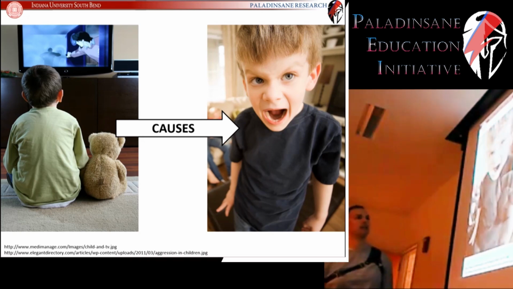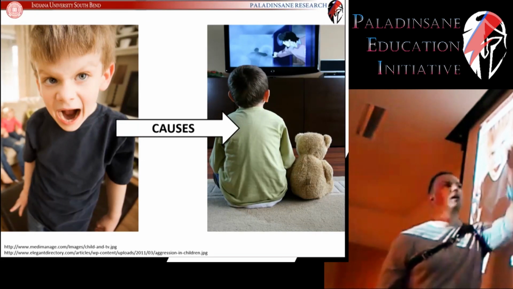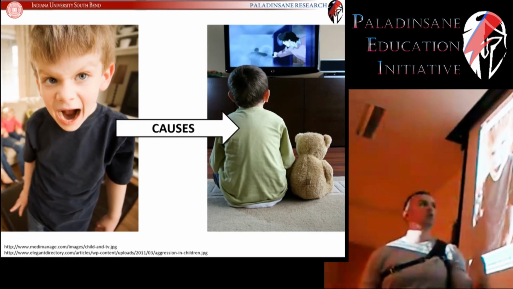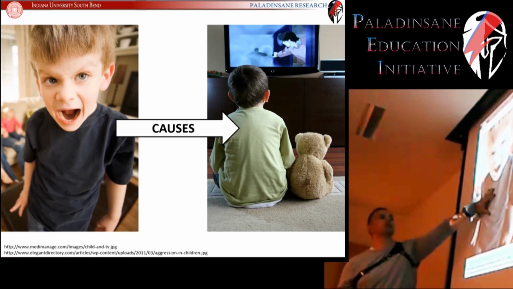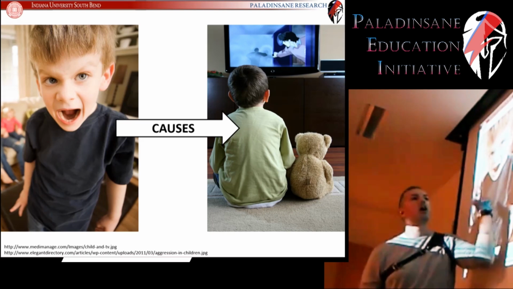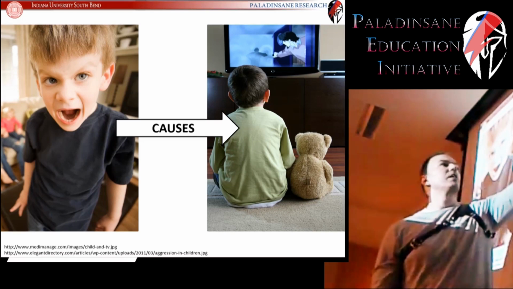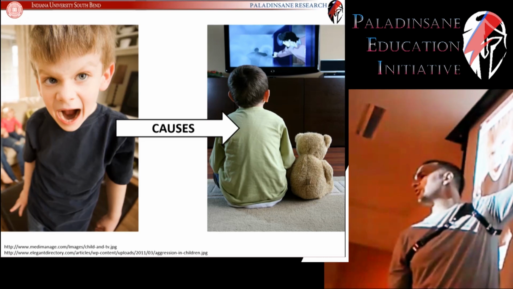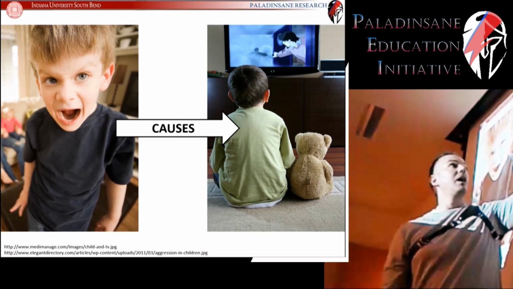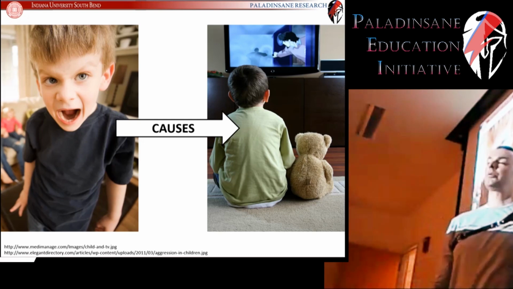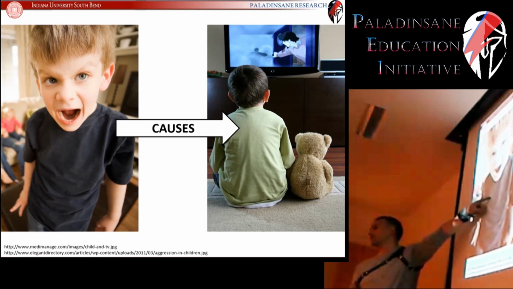On the other hand, if that is the direction of causation, stopping this will do nothing to this. If it's the fact that children who exhibit violent behavior, that violent behavior causes them to want to watch violent TV, you can take away all the violent TV that you want. You can reduce them down to 0 hours of violent TV per day. And what is that going to do? It's going to reduce the amount of violent TV that they watch. It's not going to do anything for this.